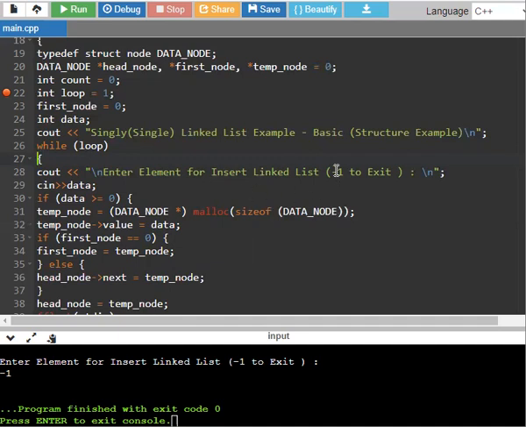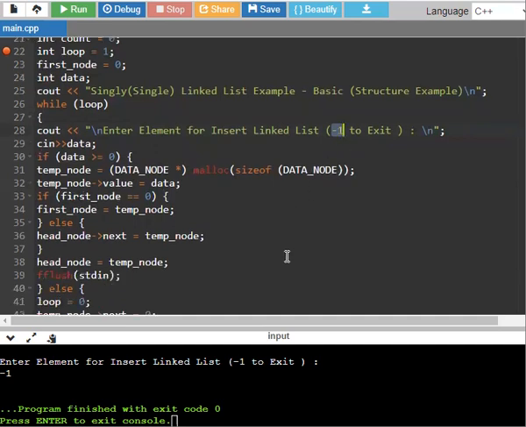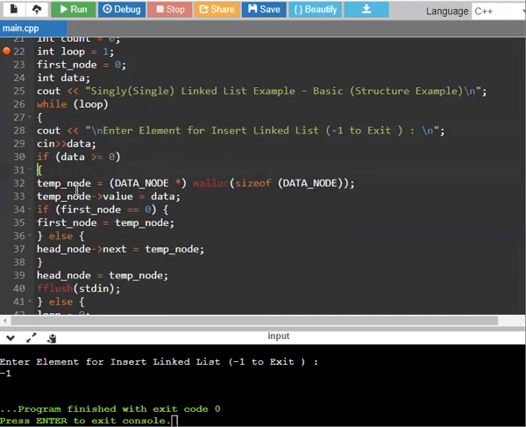When -1 is pressed, the program will be terminated. Otherwise, we have to insert every value into the list. So data is a variable for getting the value, and if the data is greater than or equal to 0, then temporary node equals data node, stored by malloc of size of data node.